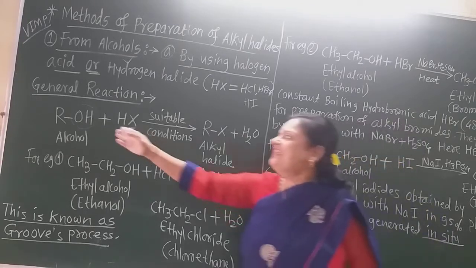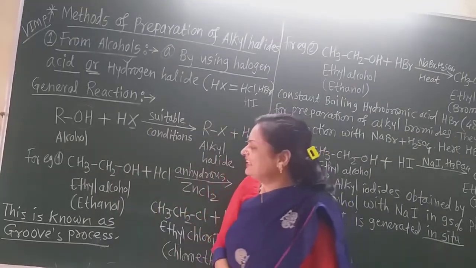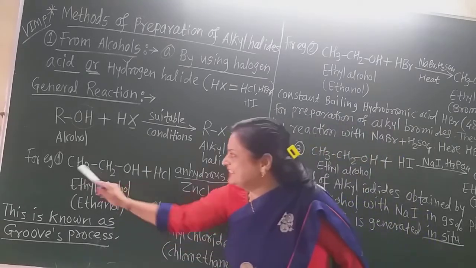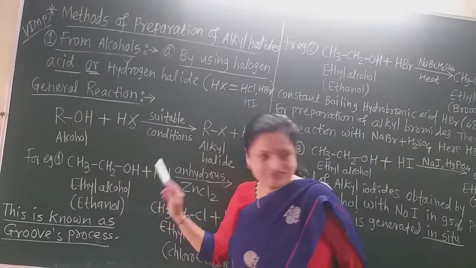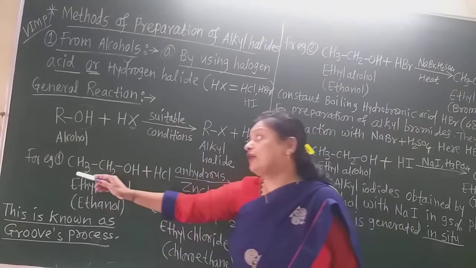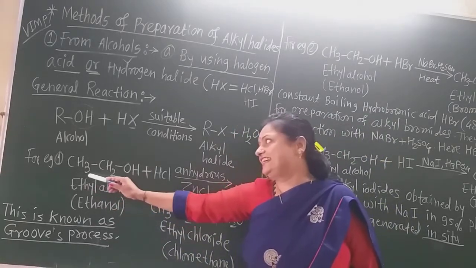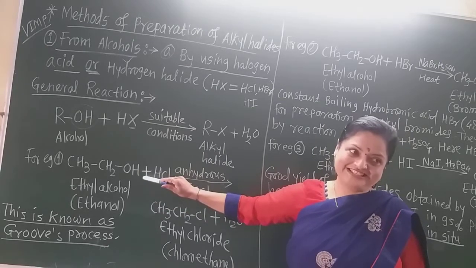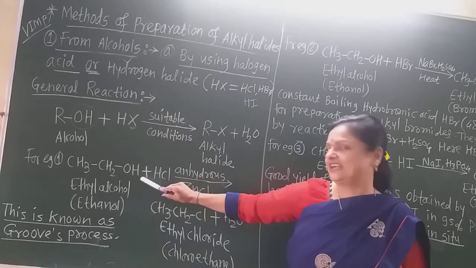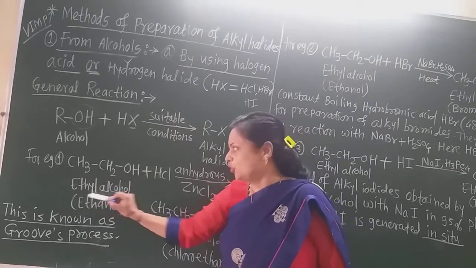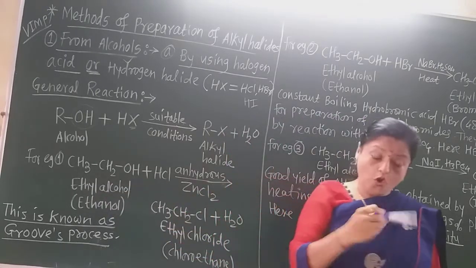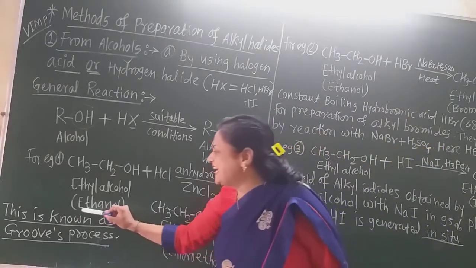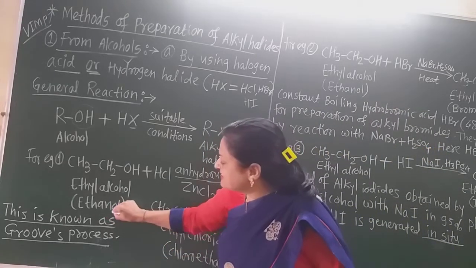Now see the first example, for alkyl chloride, that is very important. You can take any alcohol. I take here ethyl alcohol. You know this is C2H5OH, that is ethyl alcohol, but we have to write it in this way: CH3CH2OH. Now we are not in the 11th standard, we are in the 12th standard. So this is ethyl alcohol. But what is the IUPAC name of ethyl alcohol? That is ethanol. OL is there as the suffix.